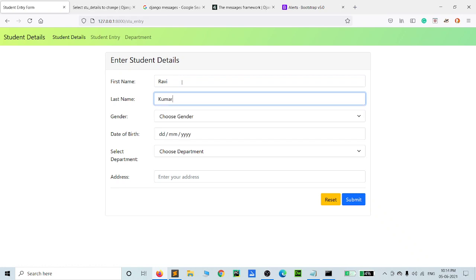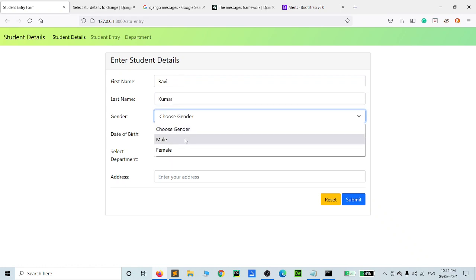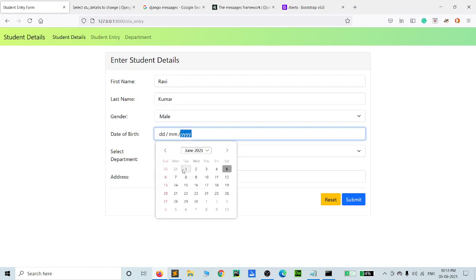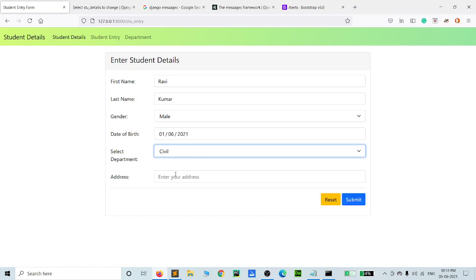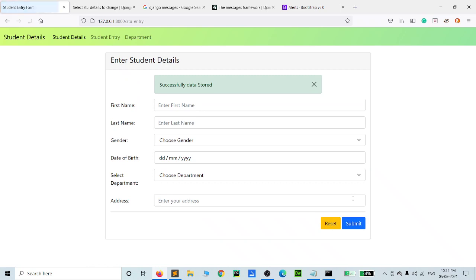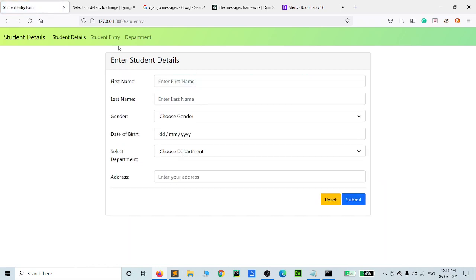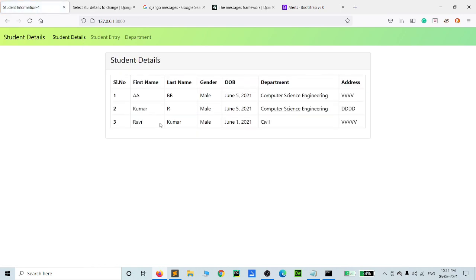Ravi, Kumar, gender male, date of birth June 31st, department civil, and like that address. Yeah, the data will be successfully stored. Now we can check our student details. Yeah, the name is stored here.